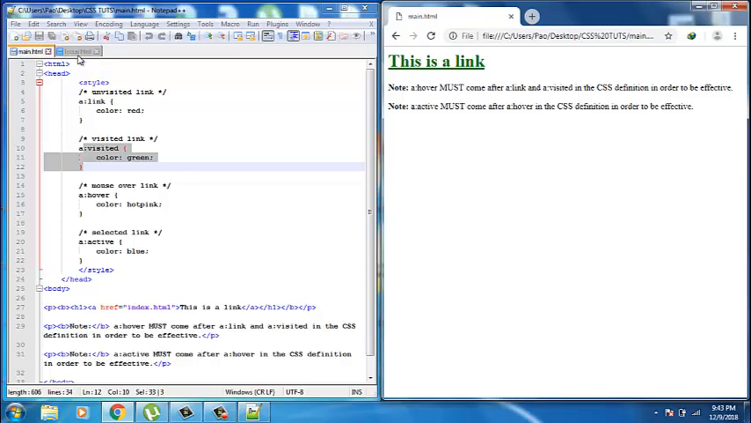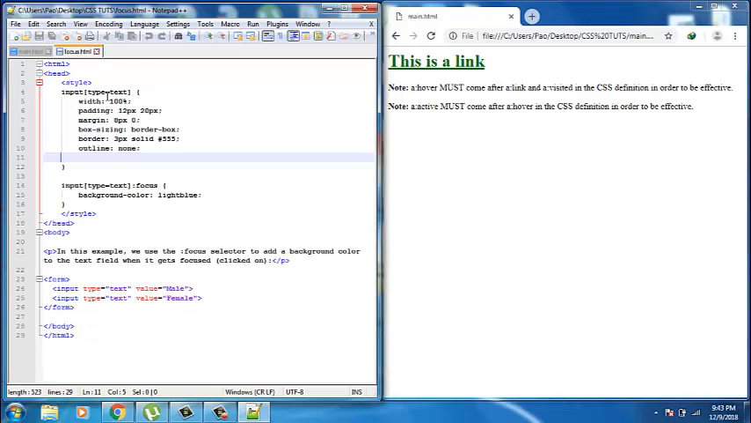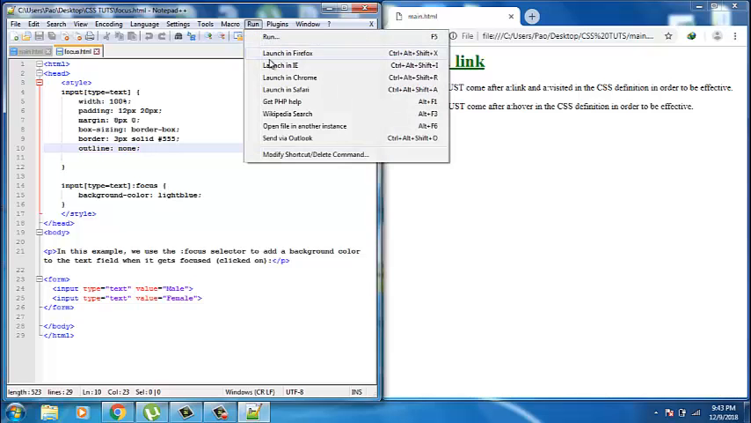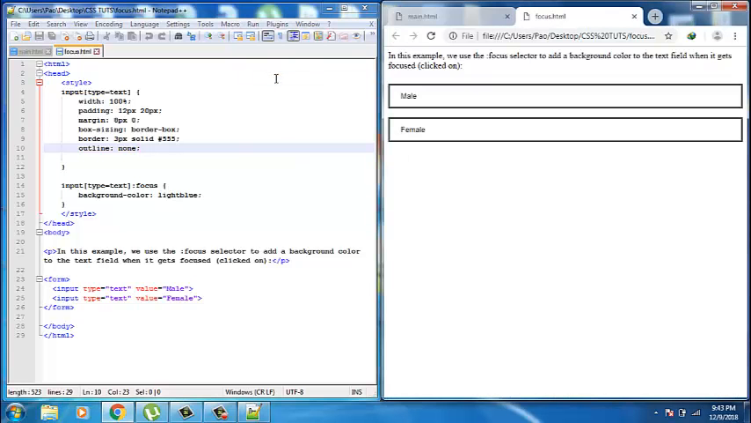Now the next example is the pseudo class focus. In this example, I have used the text box, input type text box, to show you the effect of focus. Okay, let's try to open this in our browser. Okay, so I have two text boxes here. So if you click one of the text boxes,